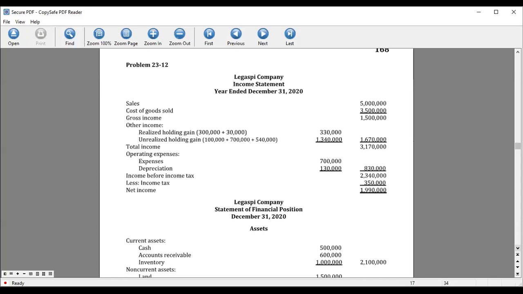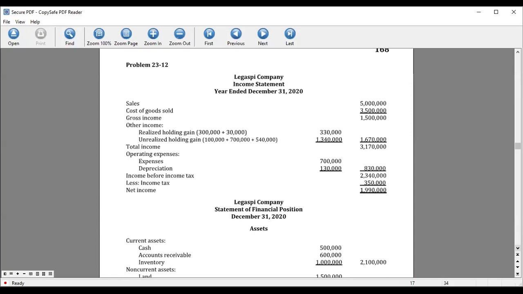Other income: we have the realized holding gain of 300,000 plus 30,000, so we have 330,000. Now the realized holding gain, and then we have the unrealized holding gain, totaling 1,340,000. Total income, we deduct the expenses of